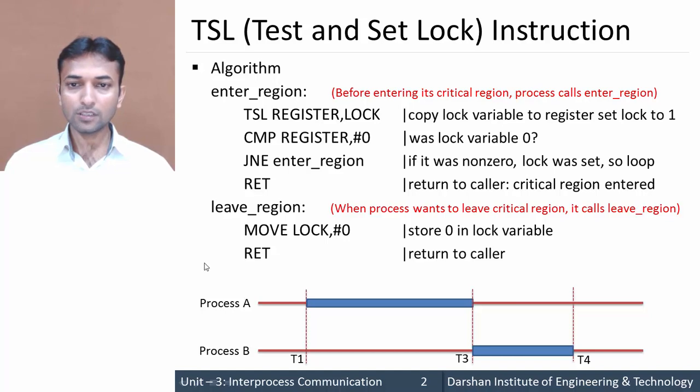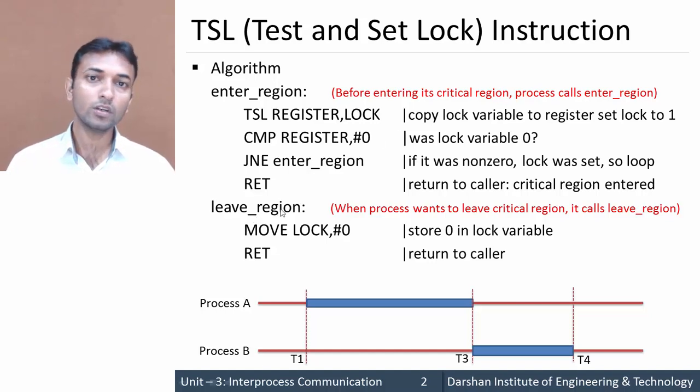Here this algorithm or this instruction is divided into two parts. First part is enter_region and second part is leave_region. Or also we can say that there are two functions in this algorithm. First one is enter_region, second one is leave_region. Now this function is to be called by a process whenever that process wants to enter its critical section, and the leave_region function is to be called by a process whenever a process leaves